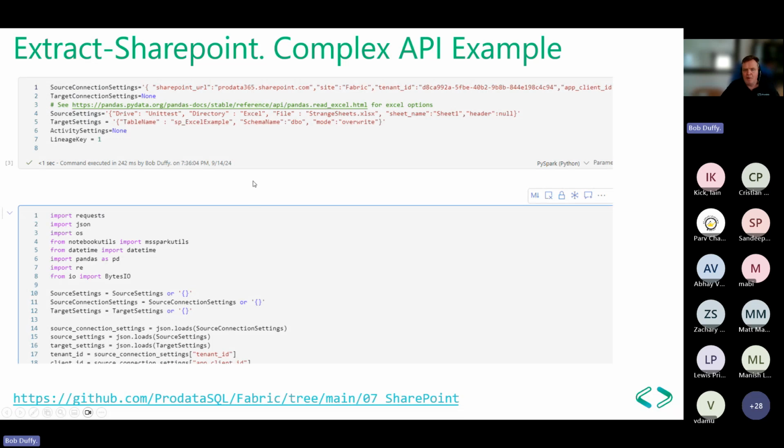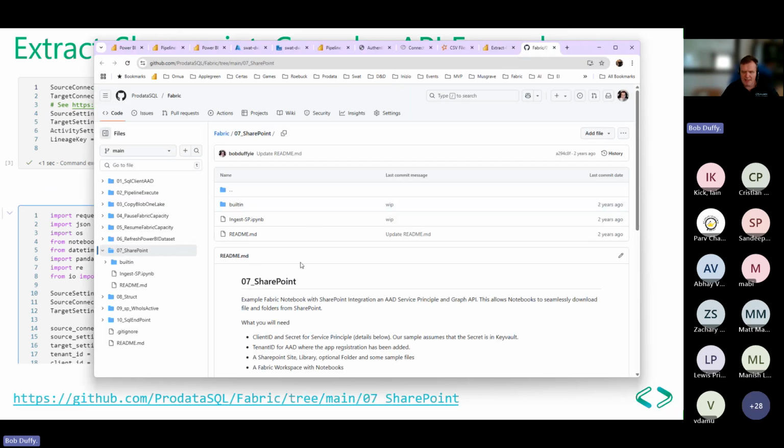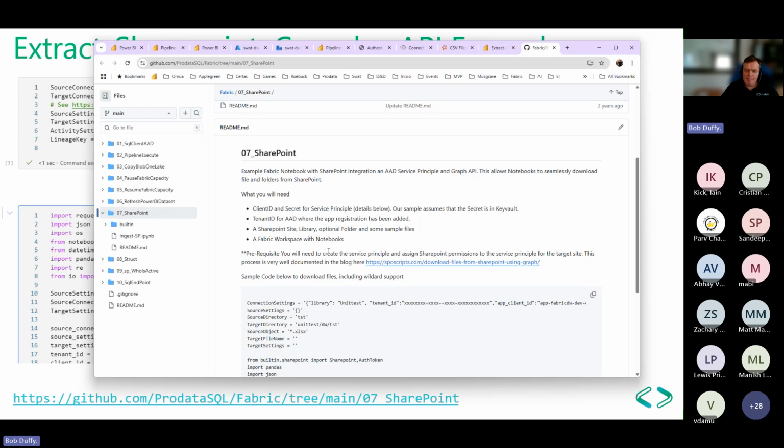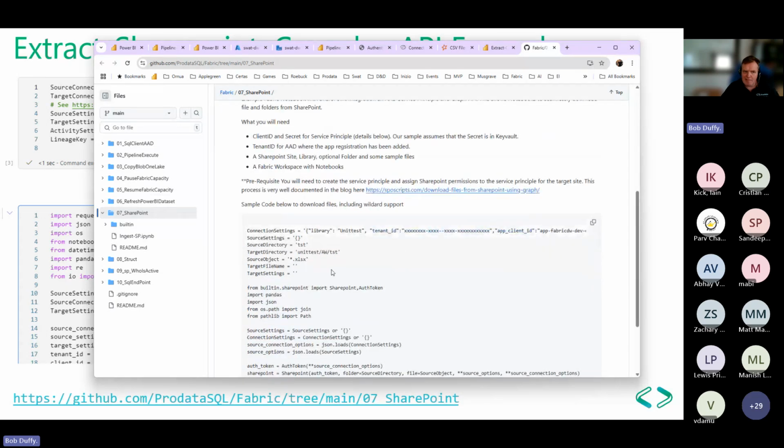An example in a notebook of where the complexity of APIs, we have a sample notebook that you can download if you want. It's here on GitHub, which will integrate with SharePoint. Now, SharePoint is a nasty Graph API. And what we found is you had to make 7 different API calls because you got to authenticate, you've got to connect to the site, then to the document library. And if you want to do something fancy like a wildcard, star.xlsx, find me all spreadsheets and download them in one single command, you've got to use the API to enumerate